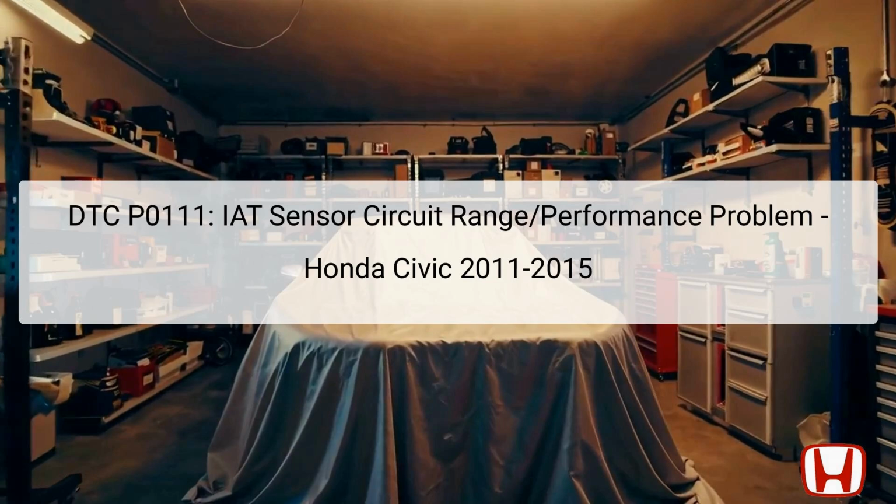The DTC code P0111 refers to an issue with the intake air temperature (IAT) sensor circuit, specifically related to range or performance problems. This is significant as the IAT sensor plays a crucial role in measuring the temperature of the air entering the engine. This information is vital for the engine control module (ECM) to adjust the fuel-air mixture for